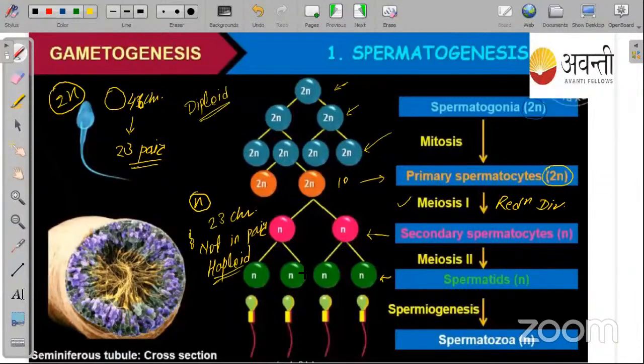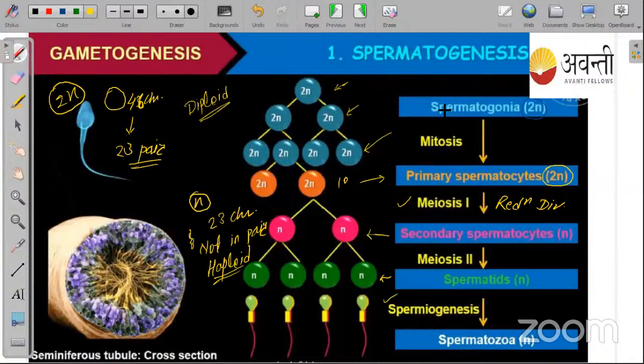Okay, here the sperm cell has not been formed yet. There is no development of a sperm cell yet, or we can say spermatozoa. The development of spermatozoa has not happened here. Here only the spermatid develops. After some processes, this spermatid is converted into spermatozoa, and that process is known as spermiogenesis, where spermatid is converted into spermatozoa. We are going to discuss spermiogenesis also, so don't worry about it.